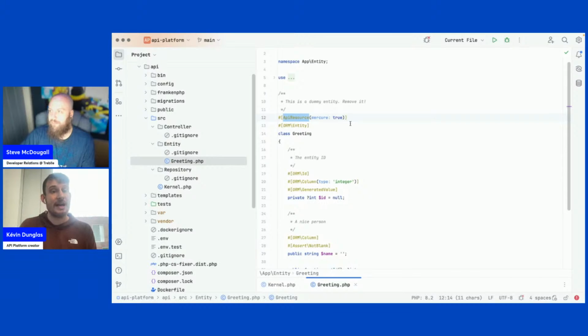And the only thing that you will have to do is to plug your own business and persistence logic. So you will have to implement some interfaces to let API platform fetch the data from somewhere and to hint API platform how to save the data that will be submitted through a post or patch request.